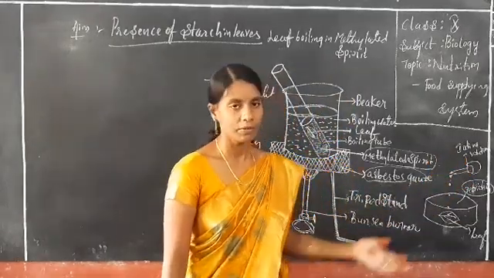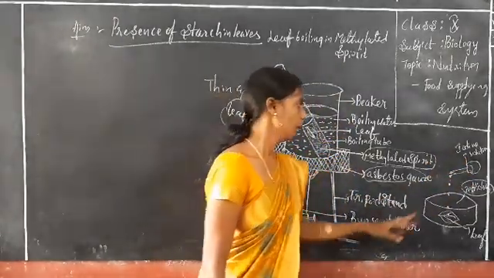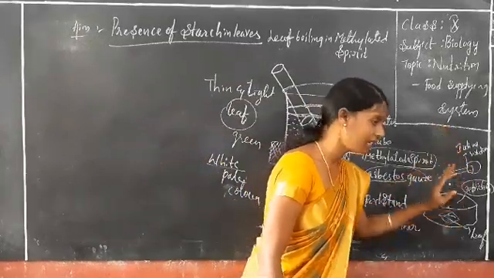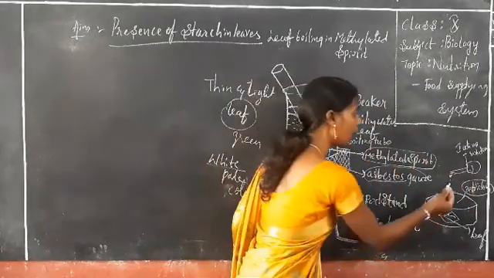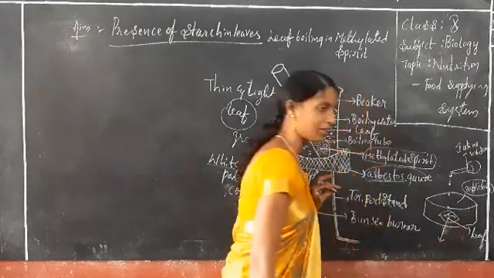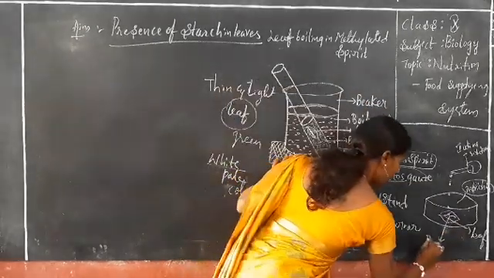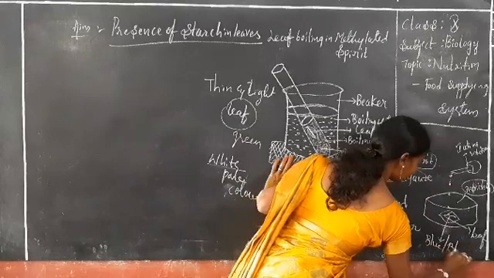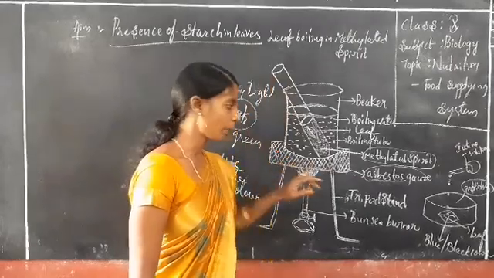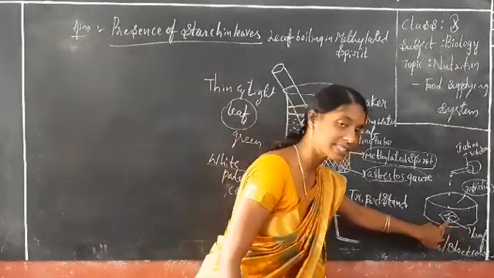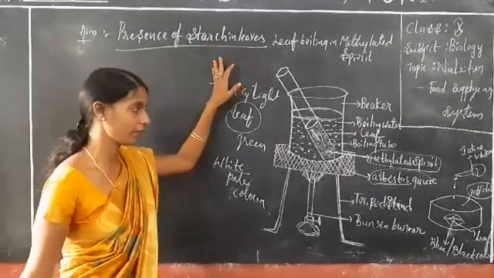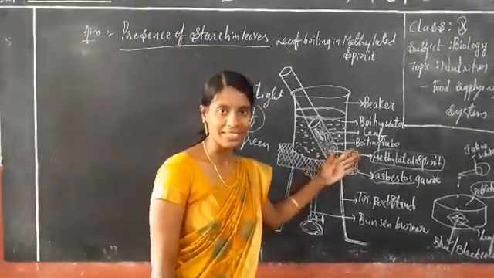We are classifying, or we told already in 7th class also. So iodine is the best solution to detect starch in the leaves, clear all of you? When you add some iodine drops on the leaf, which color does it turn? Blue or black color. So by doing this activity, we can see that starch is present inside the leaf. Is it clear? Presence of starch in leaves. Are you all understanding?